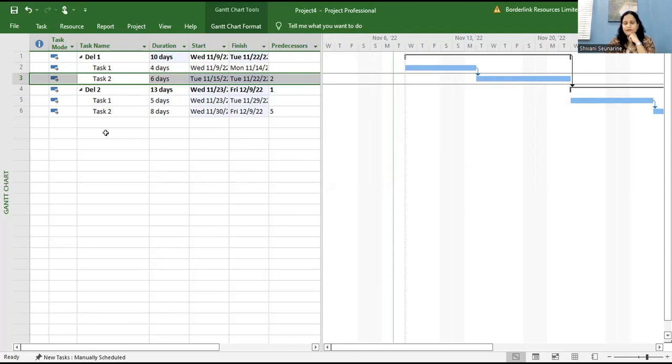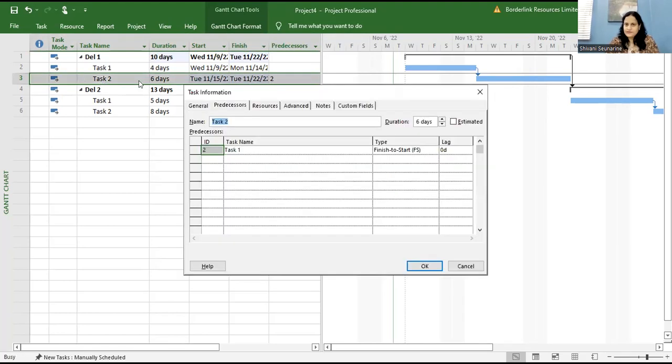For example, if I am building a house and one of my tasks was to set a foundation, before I could do something again, I have to leave it to dry, which is lag time. So between task 1 and task 2, I am leaving it as a finish to start, but I'm now putting it with a lag time. Highlight task 2,